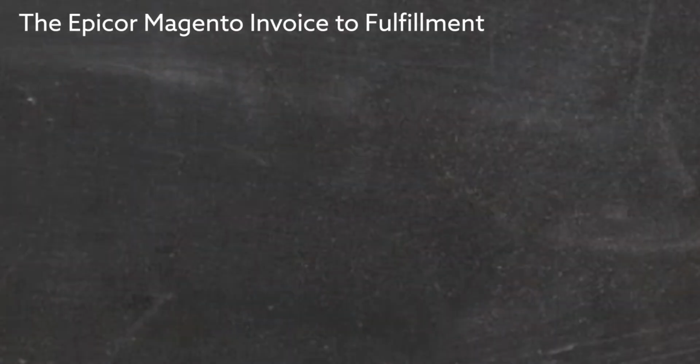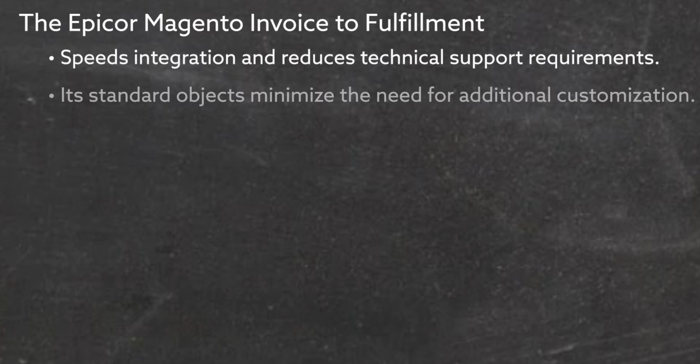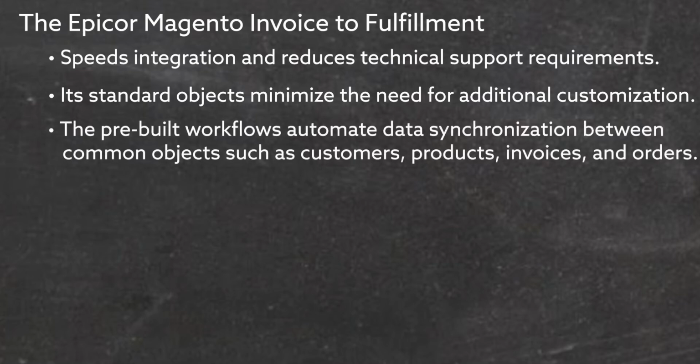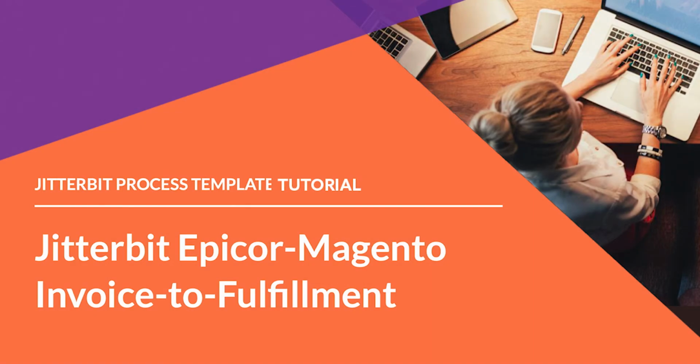The Epicor Magento Invoice to Fulfillment process template speeds integrations and reduces technical support requirements. Its standard objects minimize the need for additional customization. The pre-built workflows automate data synchronization between common objects such as customers, products, invoices, and orders. Finally, its integrated processes eliminate manual data entry, data exports, and costly delays. Now that we know a little bit more about this process template, I'm going to quickly show you how to